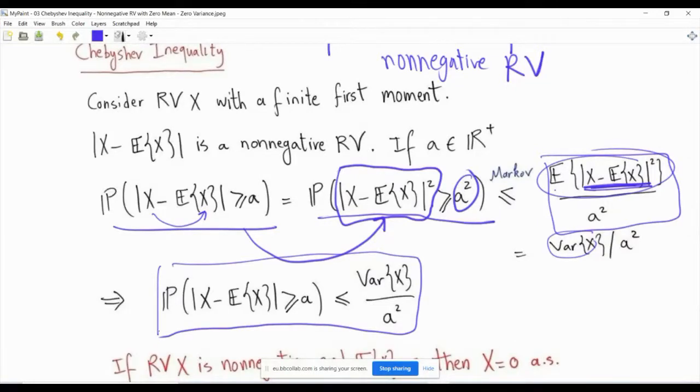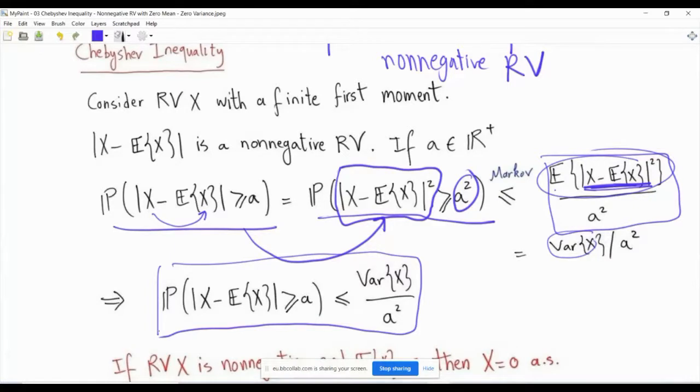It's called the Chebyshev inequality. As you can see, it's just one line derived from the Markov inequality. So it is like a daughter of the Markov inequality, but you can call it Markov also. You can call it the Chebyshev inequality, and it is another bound on probability that you can use. So the probability that the absolute value of X minus expected X is greater than or equal to a is upper bounded by the variance of X over a squared.